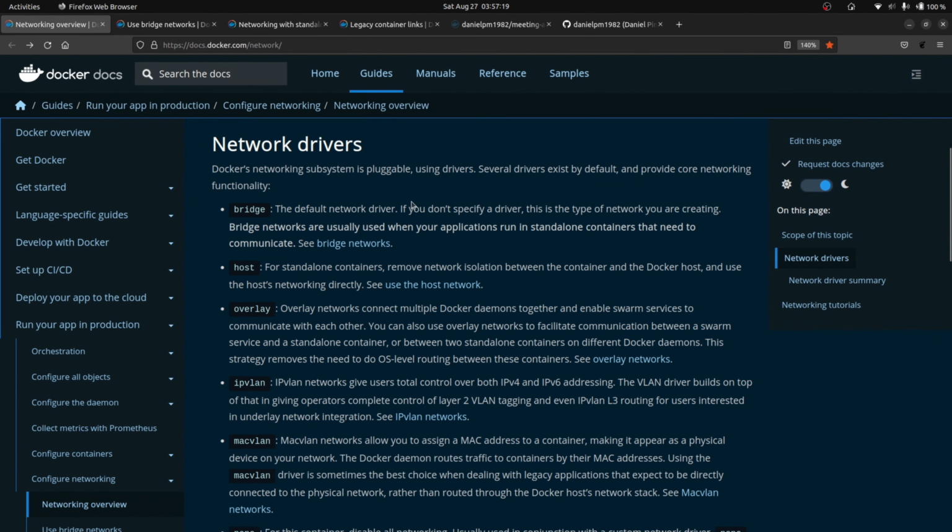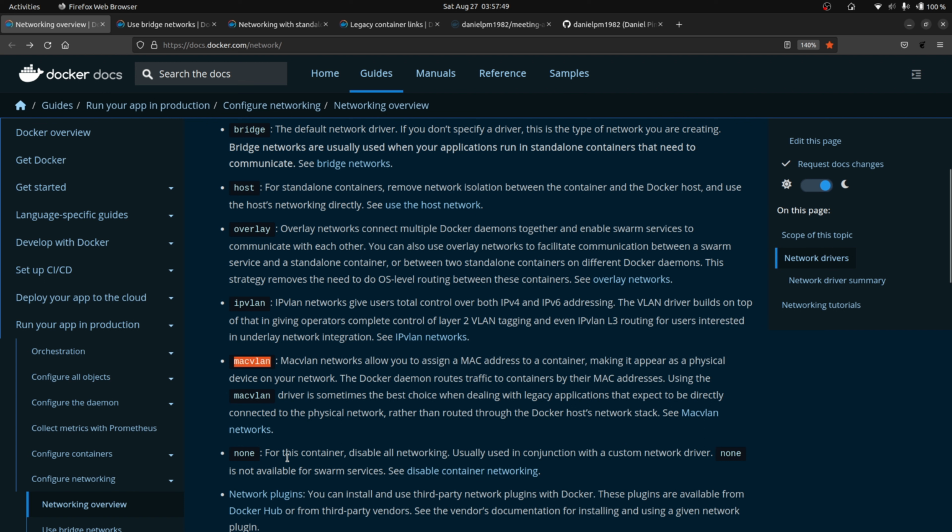Last lecture we talked a little bit about Docker networks in general, and we saw all the drivers that we may use from Docker default installation, which are the bridge driver, the host driver, the overlay driver, the IPvlan driver, the Macvlan driver, and the none driver, or the private driver, for no communication at all between